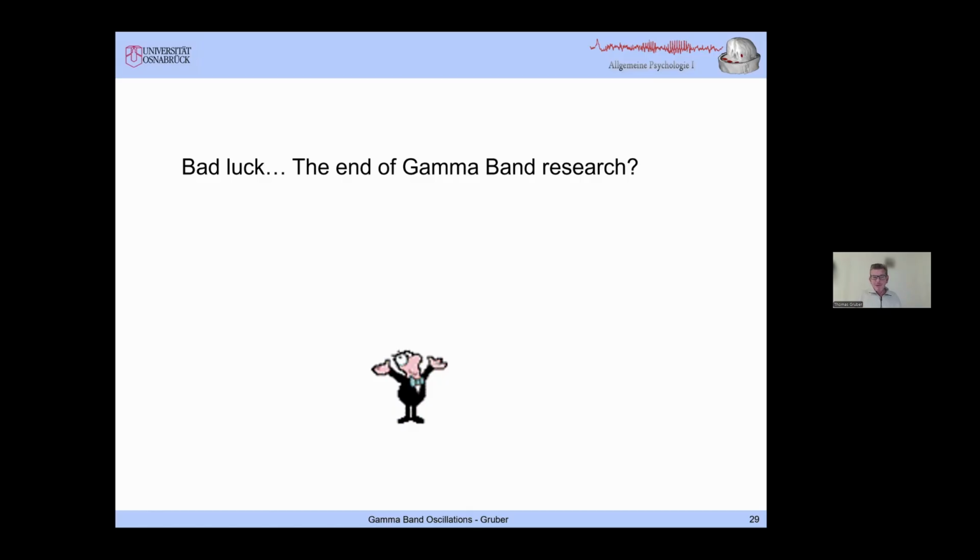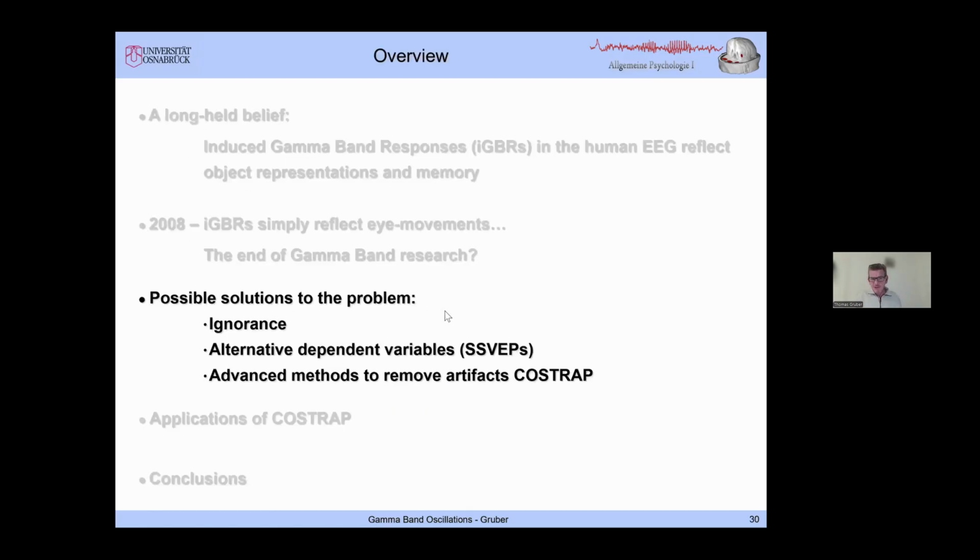What else can we do? So what are possible solutions to the problem? Yeah, I want to show you three: ignorance, alternative dependent variables, and methods to remove the artifact. Now first, ignorance. That's something